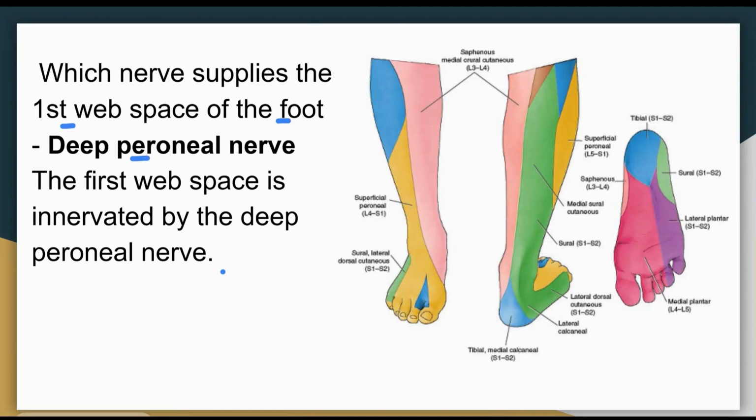Now, we know that the common peroneal nerve is going to supply the branch into the deep peroneal nerve and the superficial peroneal nerve. Now, out of these, the deep peroneal nerve is going to supply the sensory component to the first web space, whereas the rest of the dorsum is supplied by the superficial peroneal nerve. The superficial peroneal nerve is going to supply as a motor component, that is the lateral compartment, that is going